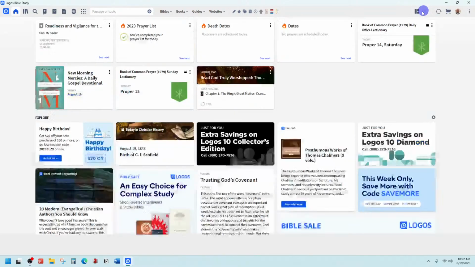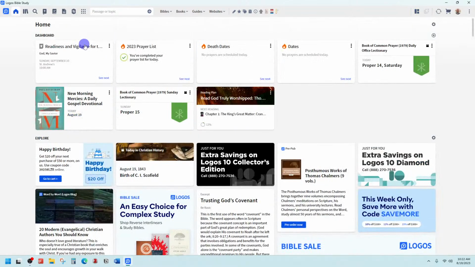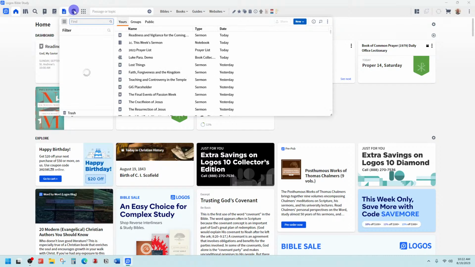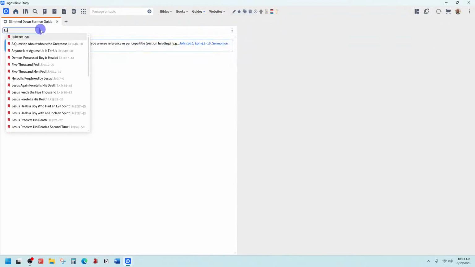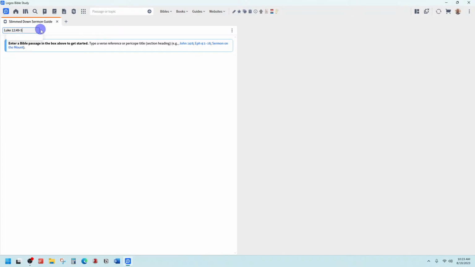The big tools that I use for sermon prep beyond just the note tool and the sermon builder, I use a custom passage guide a lot. And let me go into, I've got one set up here. I've got two different ones set up. I've got a slimmed down sermon guide. So if I do Luke 12:49 through say 59,